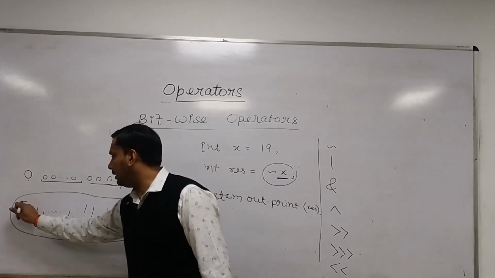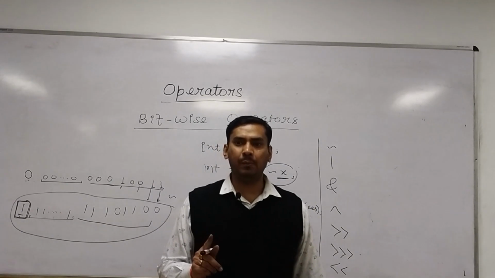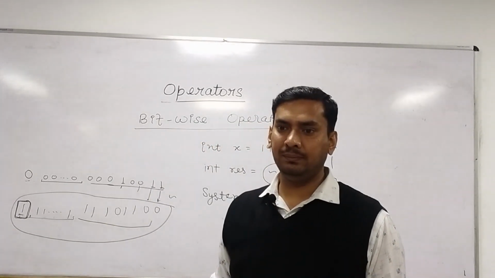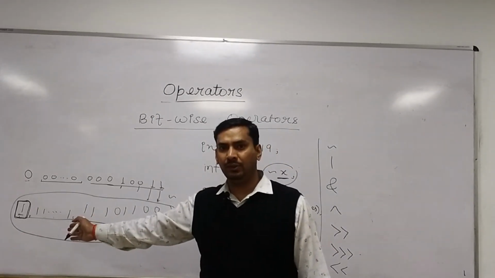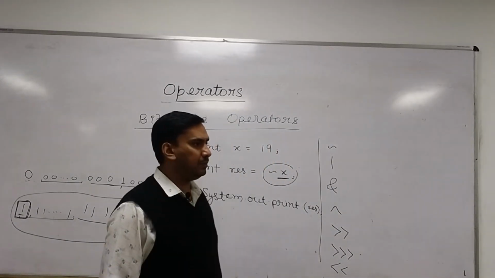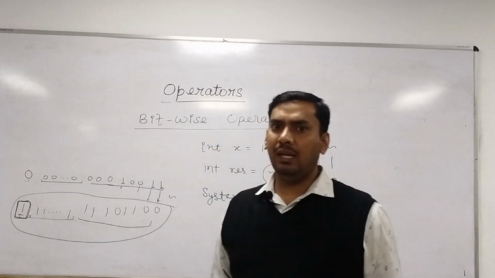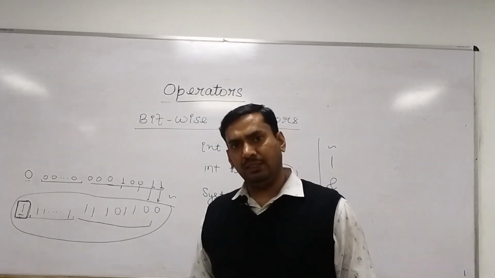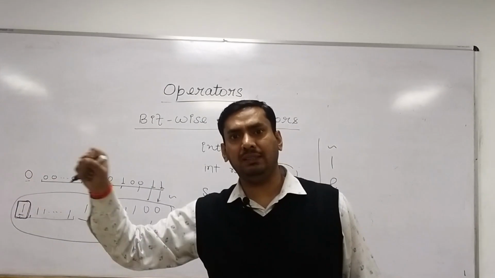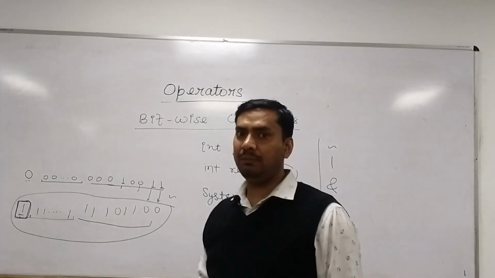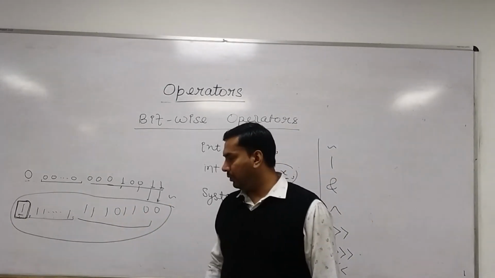But if the signed bit, as you see here, is reading 1, what is the meaning of 1? It is a negative number. And if it is a negative number, you cannot read its value directly. If you get some signed bit after performing any operation, it may be a shift operation, NOT operator, AND operator, OR operator, or XOR operator, whenever you perform the operation, the signed bit may change. And if the signed bit changes to 1, it means the number has become a negative number. So how to calculate the value of a negative binary number is important.